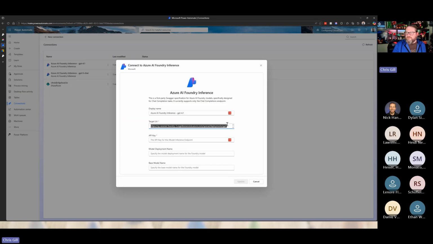That's our endpoint. The API key, I had to copy that out. This is where we paste that in. We give the model deployment name and then the base model name and click update. That's how that connects off to what we built inside of Microsoft Foundry. And then that's how we, again, light bulb moment, can bring this type of Foundry richness back into your Power Platform application, whether it's Power App, Power Automate, Power BI, you name it.